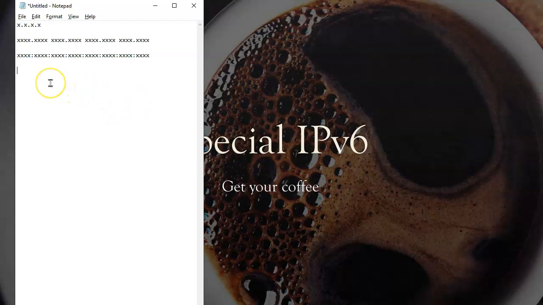The subnets are just extremely large, and it still works the same way: when we move a bit over, we double the number of networks available in a particular subnet. It's just the same as our IPv4. It's just more information.